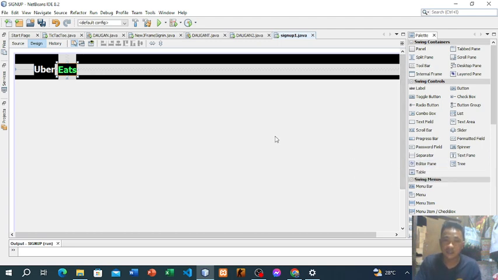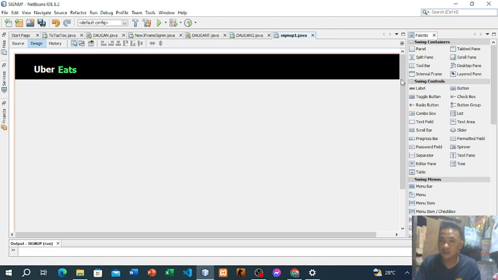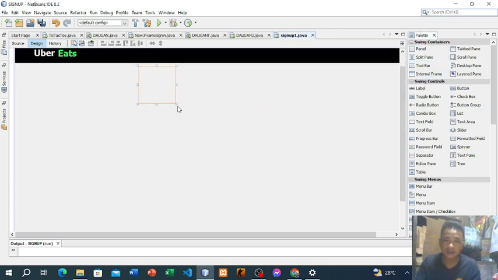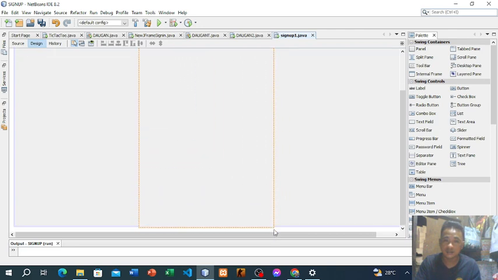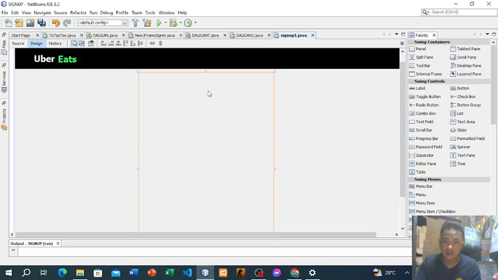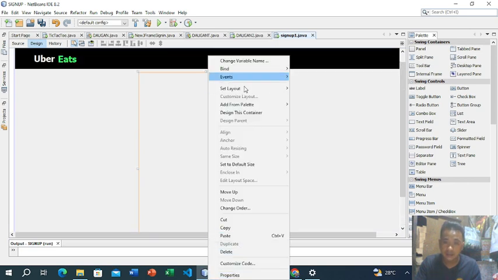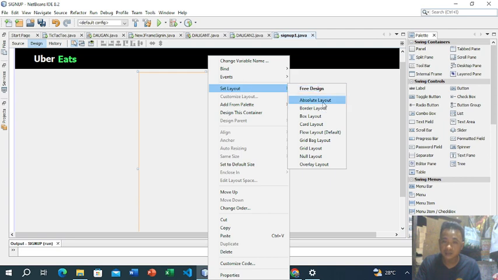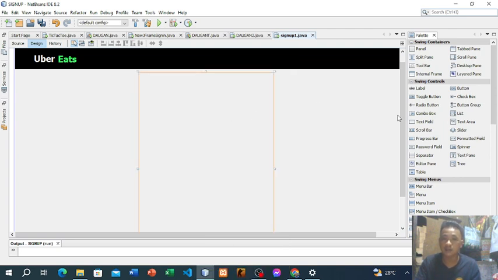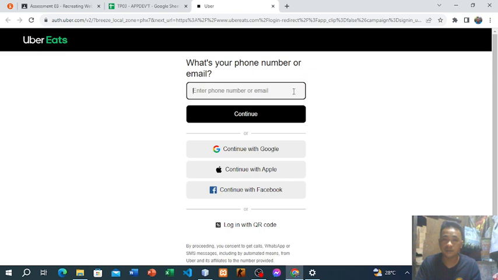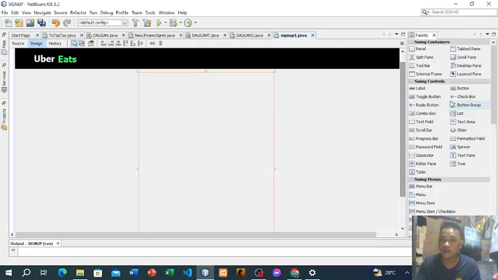Before you create it, let's create another panel here. Let's extend it down. Then let's set the layout to absolute layout. Okay, there you go. Before I put it, first I will have to put this label.